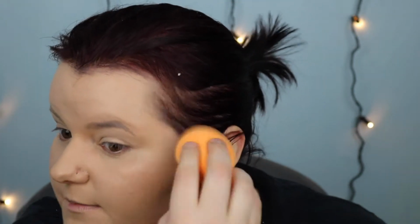And this is where things really have changed for me. I put it on my nose, I put it on everywhere. I even put it down my neck as well, and I put a little bit on my eye and just blend it down my skin, just because I want to make sure my skin's nice and blended. This way with the sponge, it's not as full coverage as the other side. This is the one where I wouldn't cake. I'm not caking on the product as much because I know